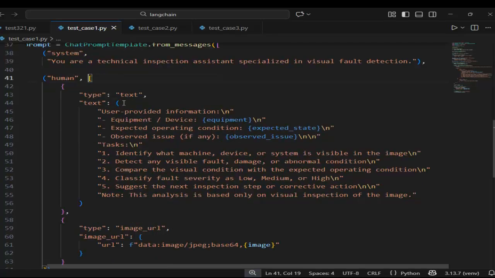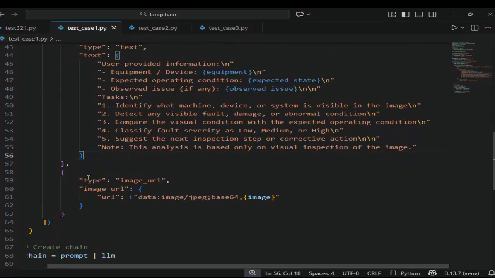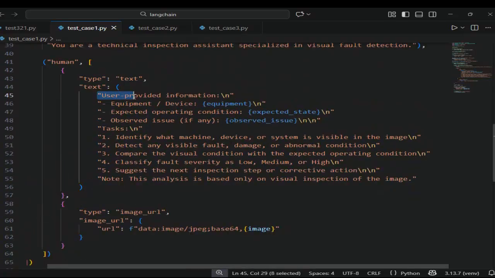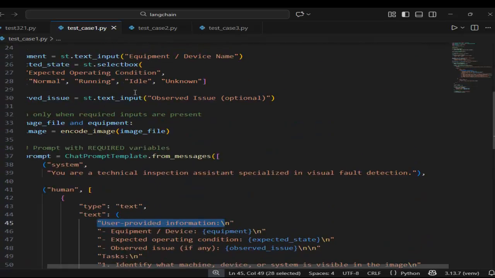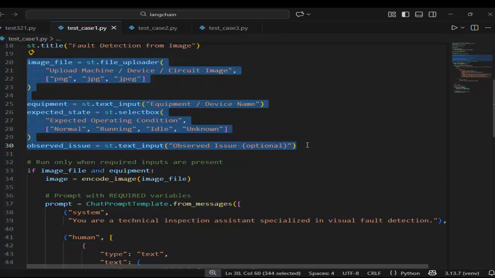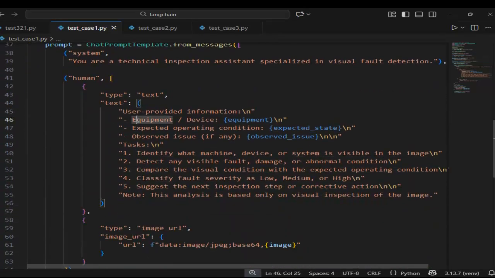In the human message, we take the image of a machine or device from the user. We are also passing the equipment or device name, expected operating condition, and observed issue if any.